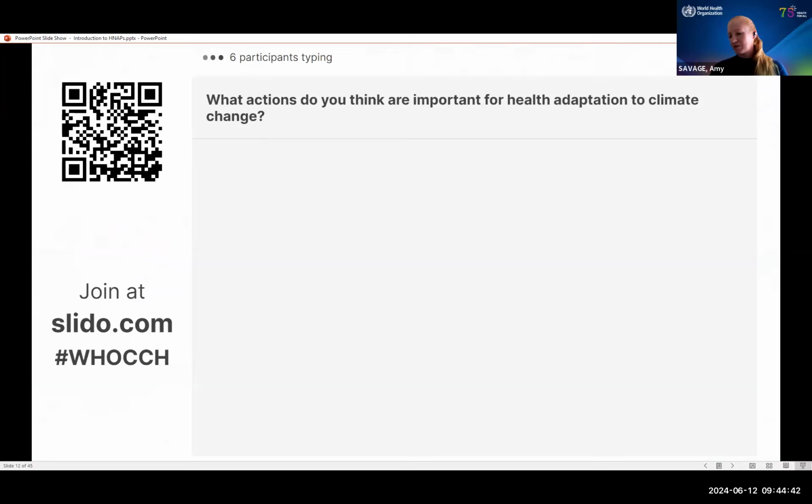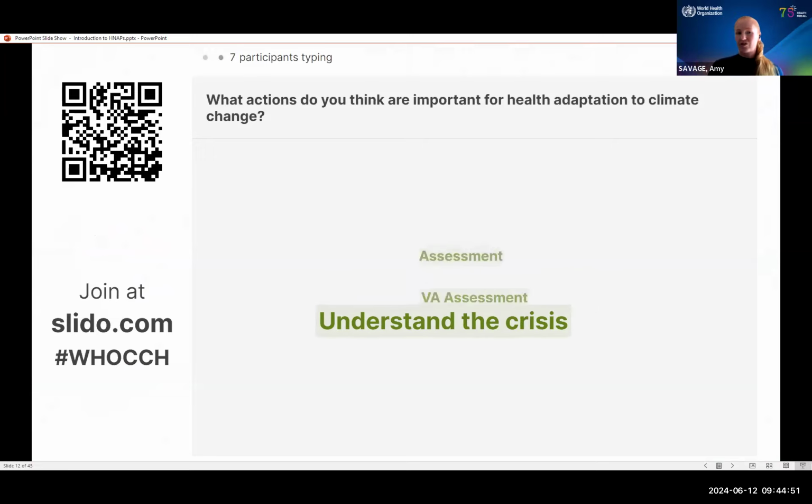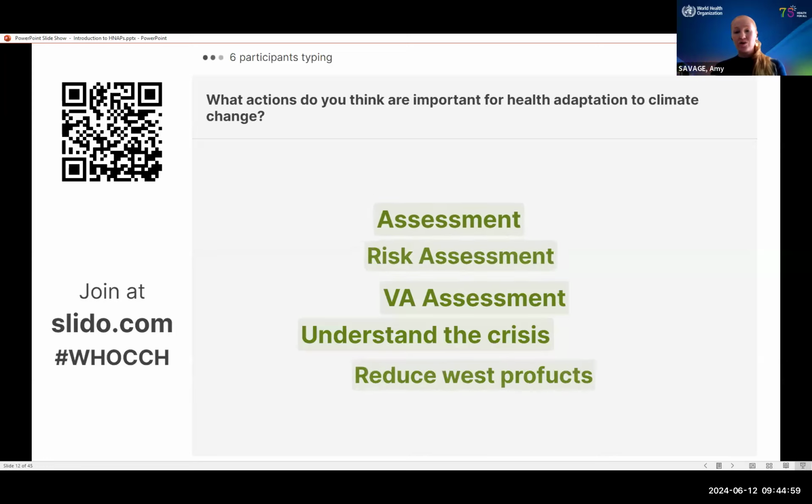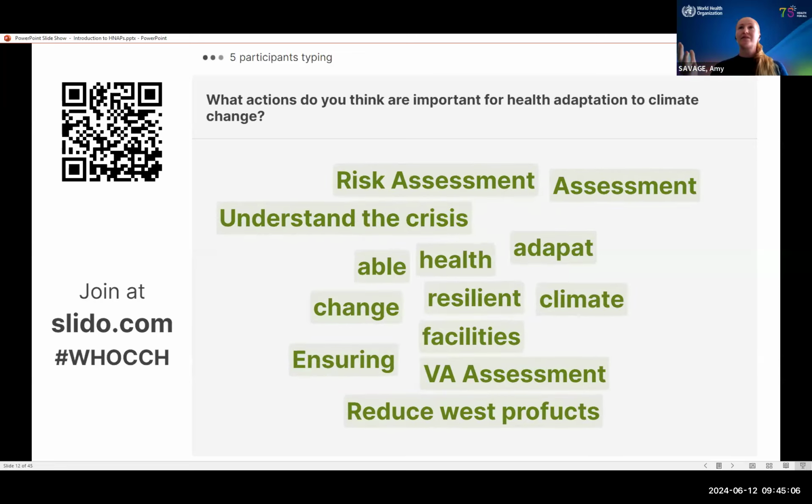So I can see a few people are typing. So understanding the crisis. This is essential. We need to, well, there's the advocacy side, ensuring that decision makers understand that it is a crisis, and then understanding what that means in a specific context and how we can use that evidence to inform our planning. So the HNAP should be evidence-based. So we've got risk assessments, that's all related, VNA assessment,